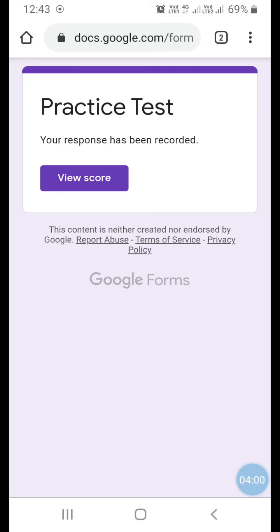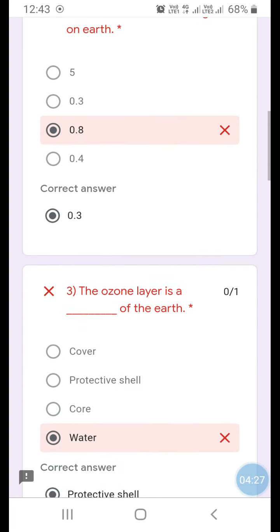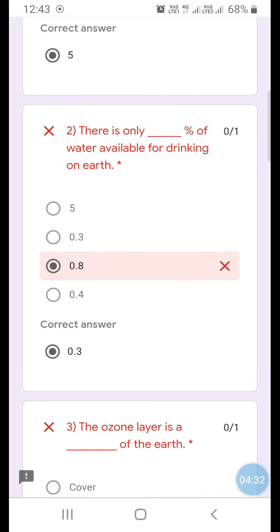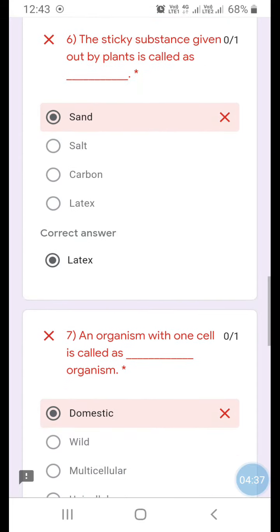Once you finish clicking on submit, you will get a point, view score. Now what is view score? As many questions you have solved, whatever questions are correct or whichever are wrong, you will come to know in that view score. So let us click on view score. Once we click on view score, your question paper, your answer key will appear in this page. Okay, so if whatever answer is correct, you will get that many marks. If the answers are wrong, you will get a cross symbol to make you know what is the correct answer.